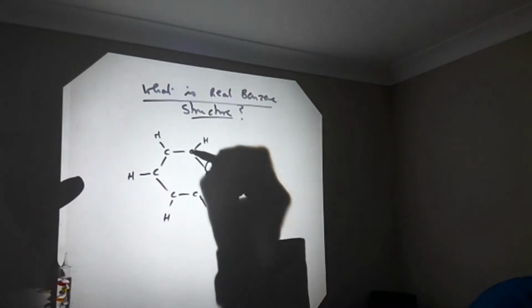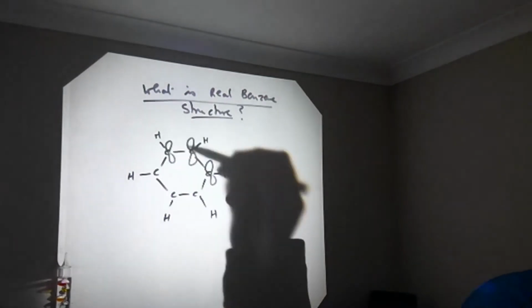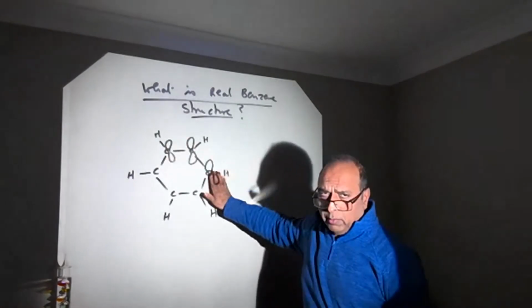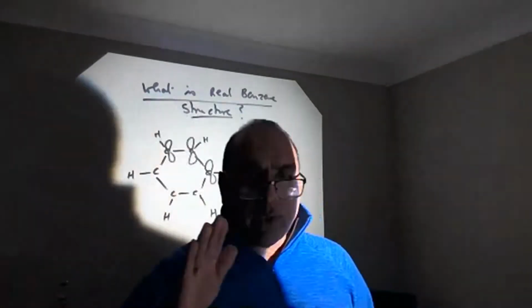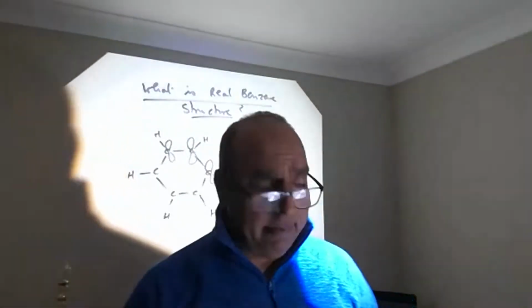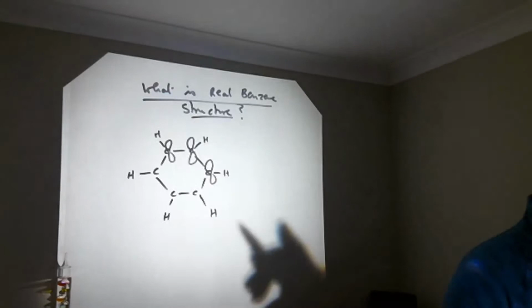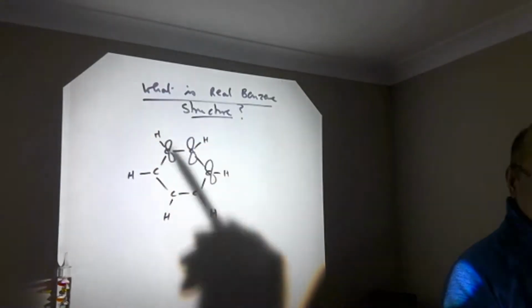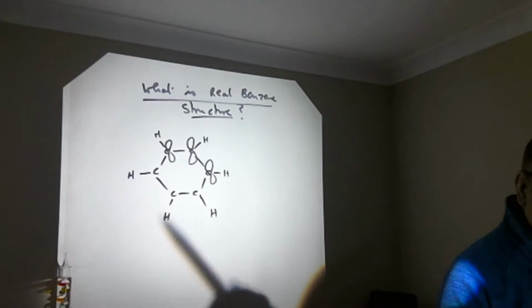And the shape of p orbitals is like that. It's dumbbell shape. Now, if you think of all these carbons and hydrogens in one plane, I want you to think about the p orbitals perpendicular to that plane. So if the carbon and hydrogen are in the plane of the board, these lobes are sticking up above the plane of the board and below the plane of the board. And if I draw them all in,